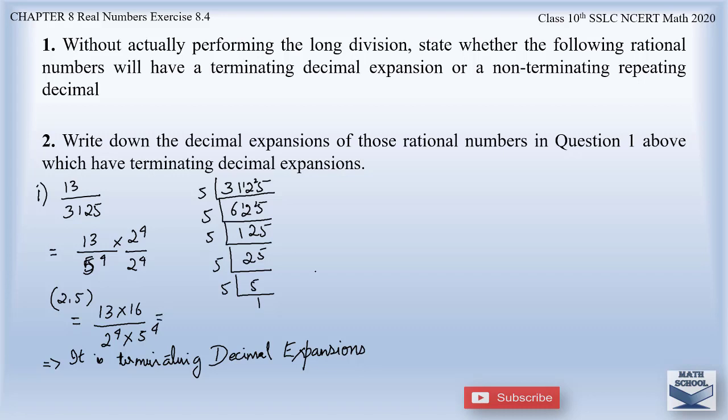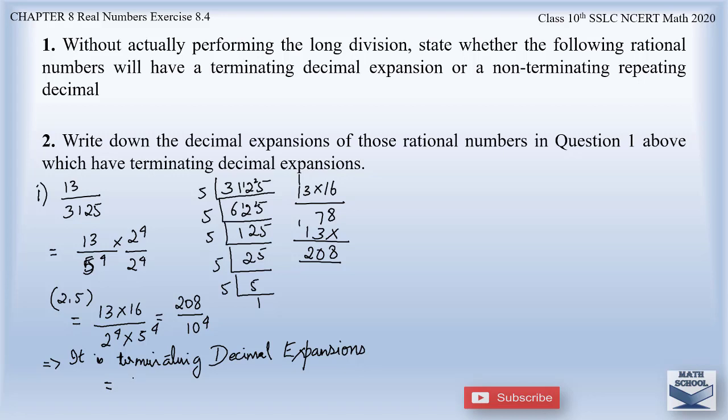So let us multiply 13 into 16 and find the result first. 6 3s are 18, carry 1, 6 1s are 6, 7, 1 3s are 3, 1 1s are 1. So this is 208 divided by, now we can multiply the bases 5 and 2, since the power is the same. 5 2s are 10, so the power is 4.